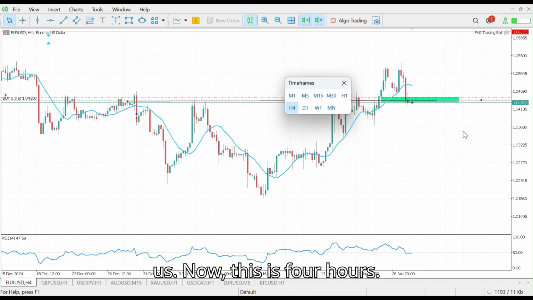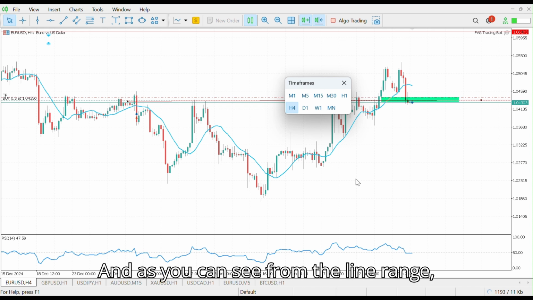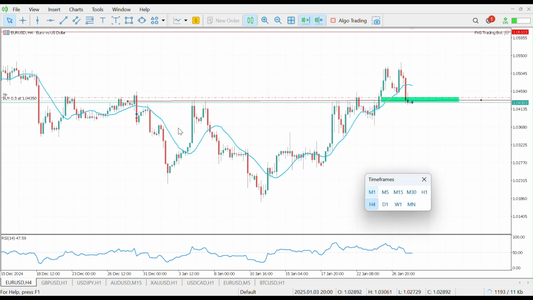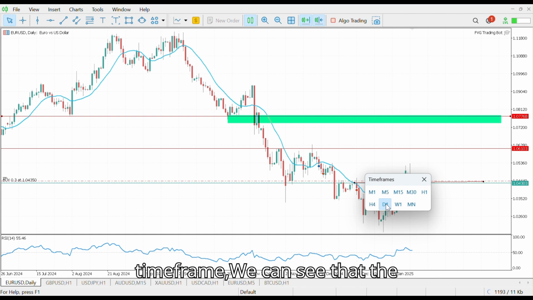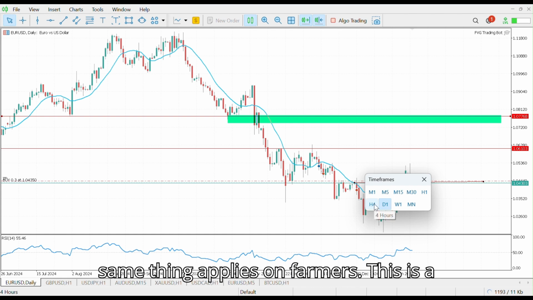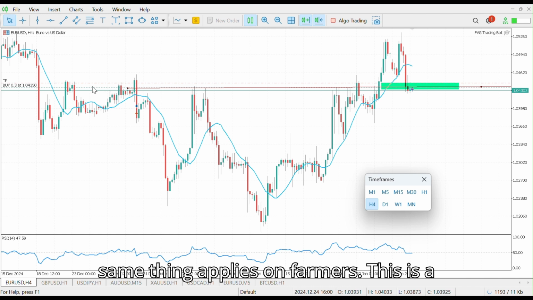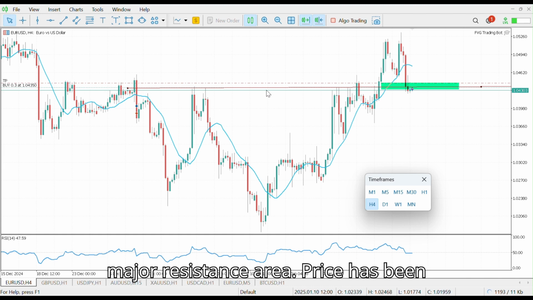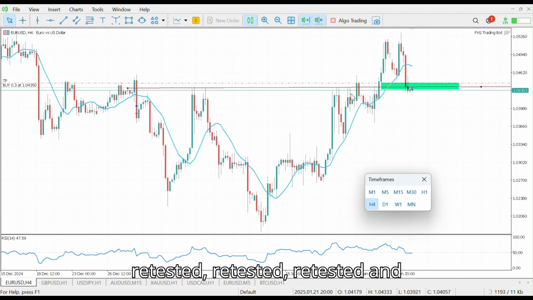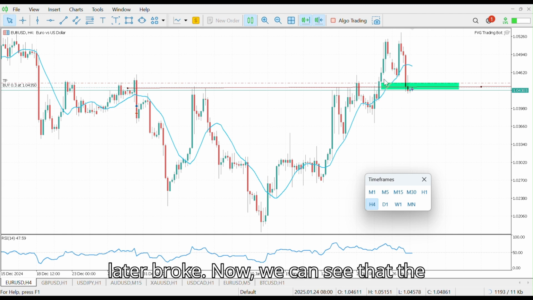Now this is the 4 hours, and as you can see from the line we drew, from the points we identified on our daily time frame, the same thing applies on the 4 hours. This is a major resistance area. Price has been retesting, and later broke. Now you can see that the break